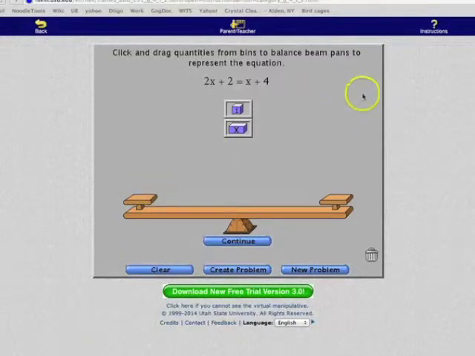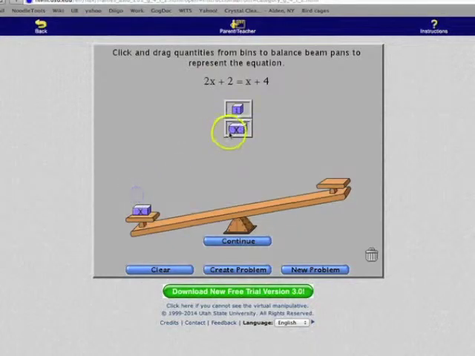But basically for this one, it's kind of like hands-on algebra, a manipulative program that I've used years ago with students. So here we take this equation and have to make it physical using this balance scale. So I see 2x, so I have to put 2 x's in there on that side. And then the number 2, so I need 2 of these numbers. And on the other side, I have to put an x and 4 of these numbers.